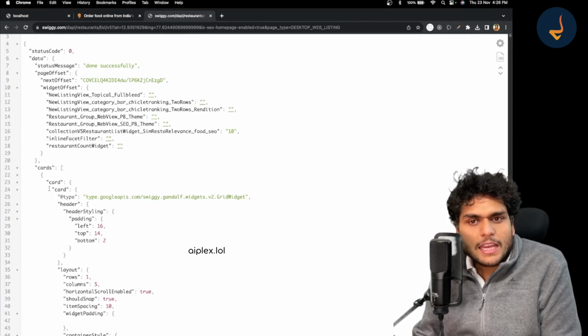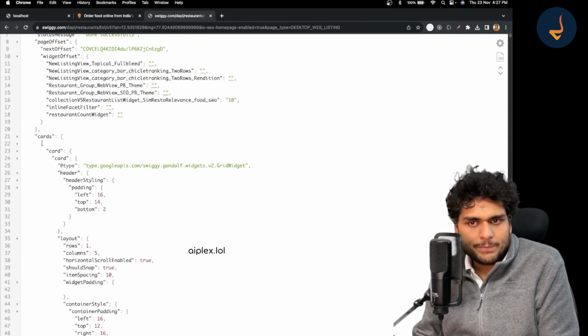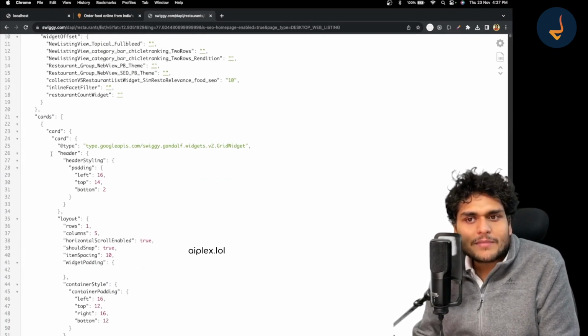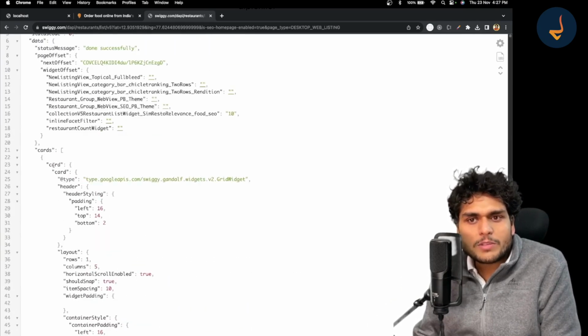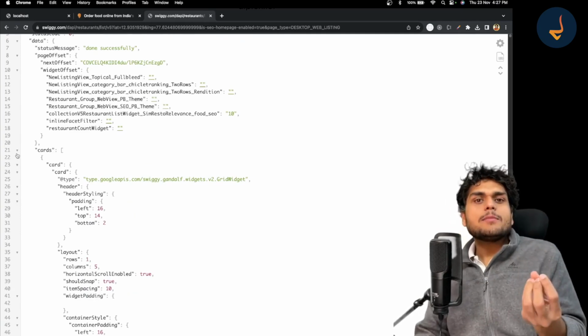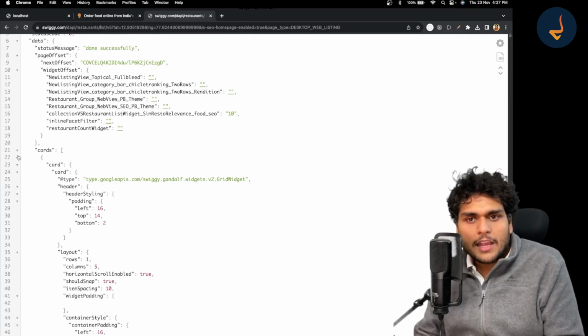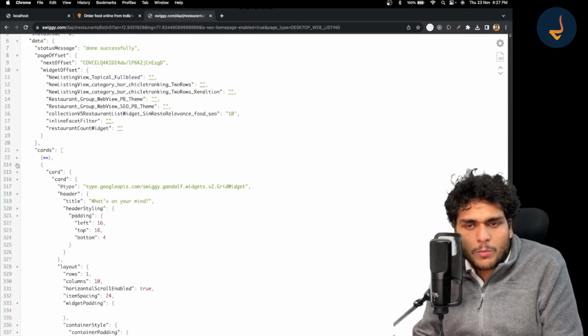If you see, there are multiple objects over here. What is this object? If you close this object, I am right now telling you how to study this data. There are multiple objects over here.